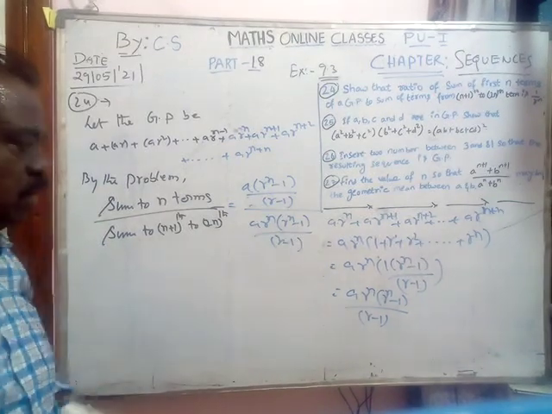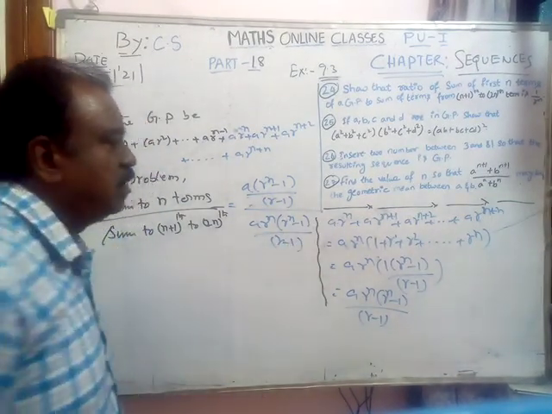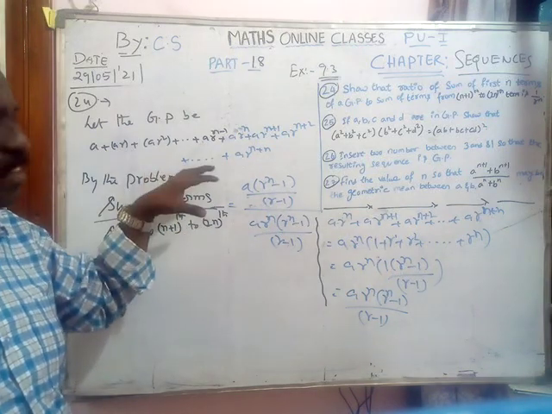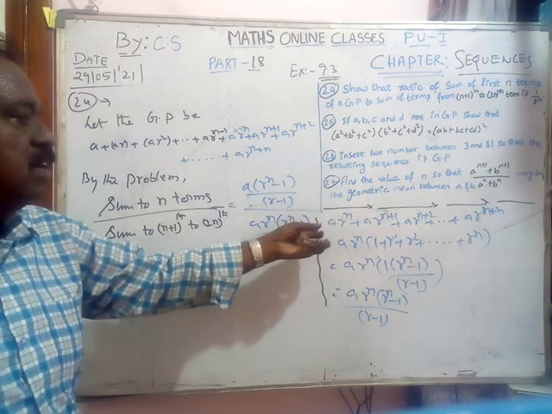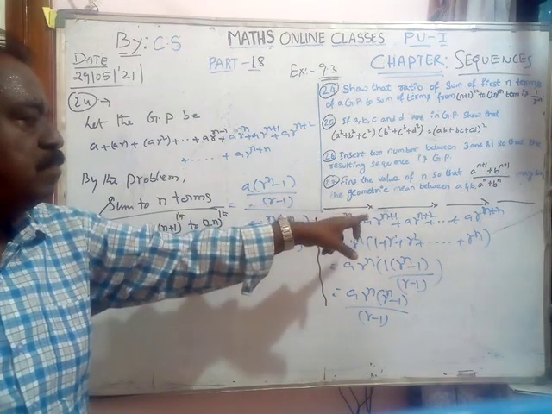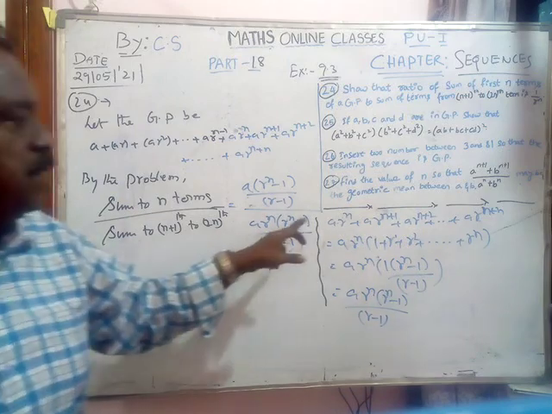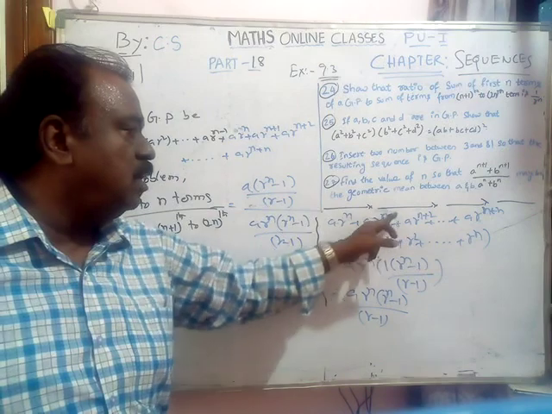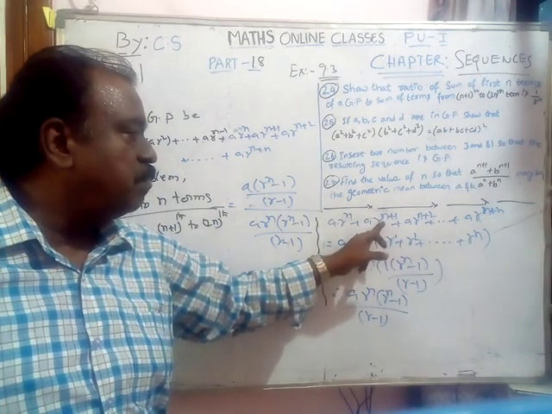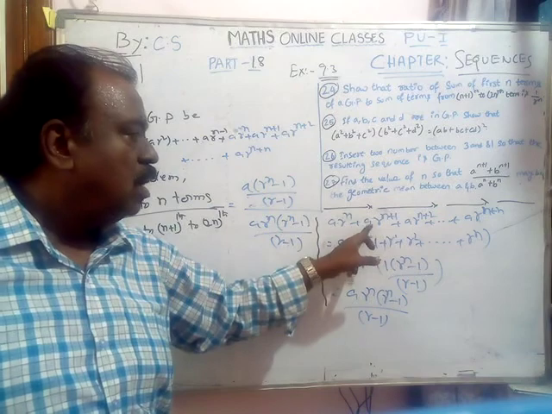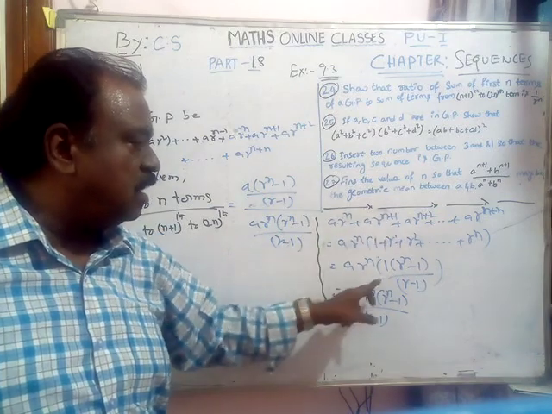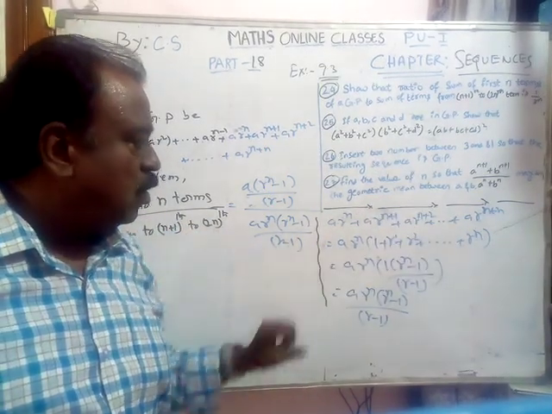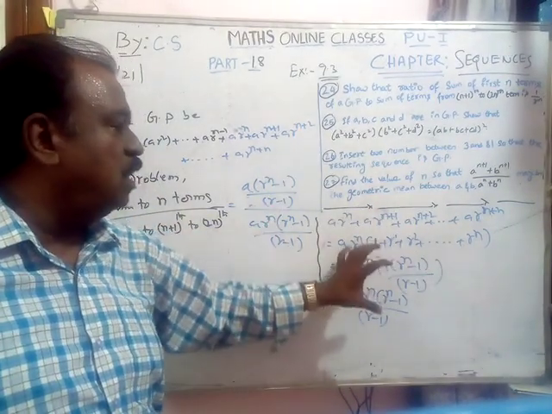Separately, I consider that one separately. It is a separate one. I consider those second series, the second part of the series. That is A R power n plus 1, like that. If A R power n is common, here is 1, here is only R. R power n plus 1 means, as I already told you, A R power n into R is there, that R will come. That R square, R cube. This part is somewhat different. We have to take that one separately and you solve it.